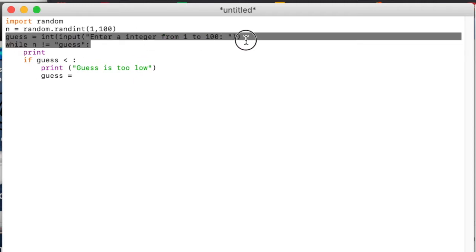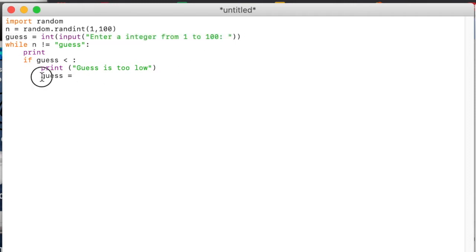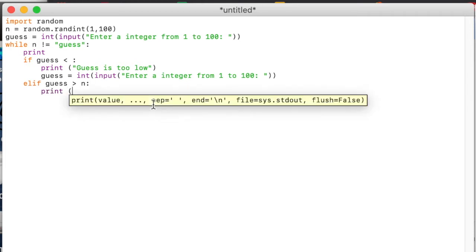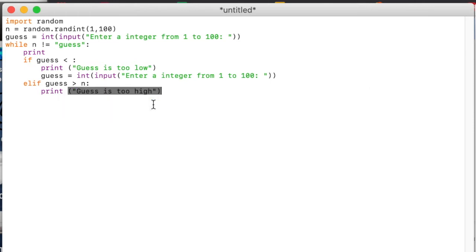Then we're going to just put the same phrase in. I'm actually just going to copy it. So it's going to have the participant choose another number, just like we see. Then we're going to do else if guess is greater than n. We're going to have it print, you can imagine, guess is too high. And then we are going to print this in here again, so we're going to have them choose another number. Finally, else, if it's not lower or higher, it's got to be equal, right? So we can print,